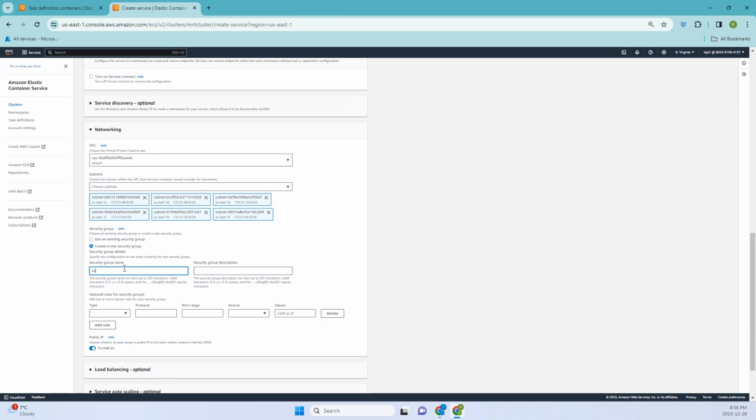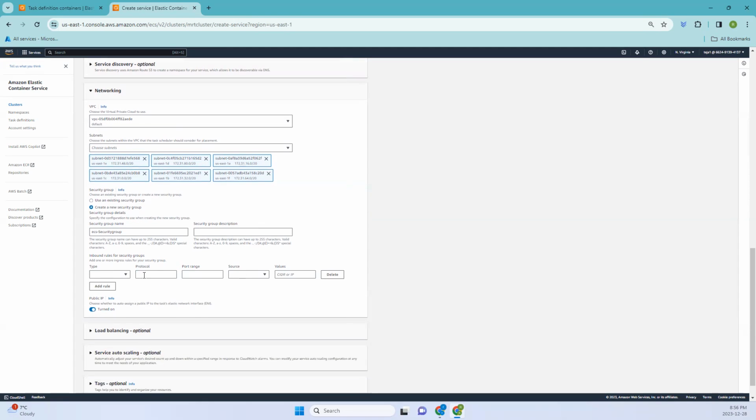ECS security group. And if you require the description, you can add the description as well. But in this case, let's add the inbound rule. So let me add it as